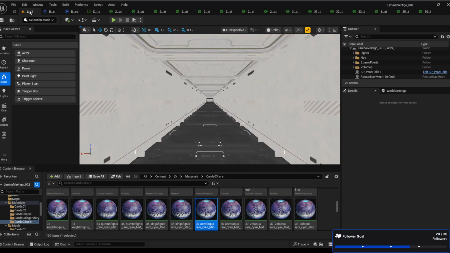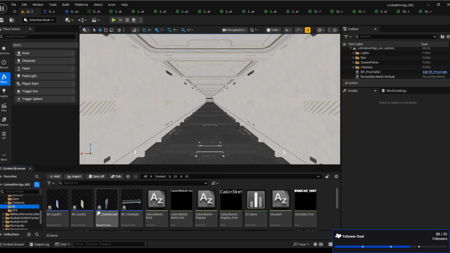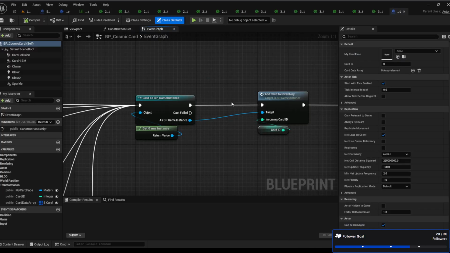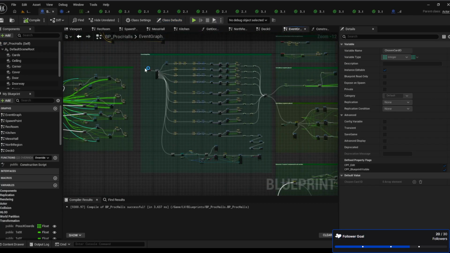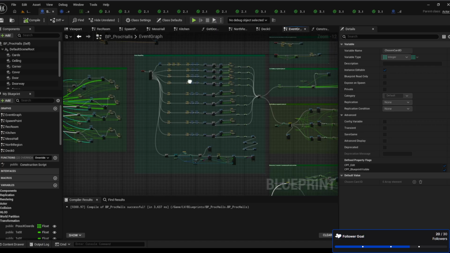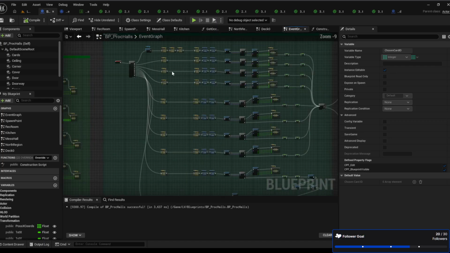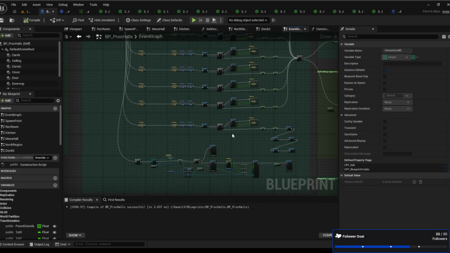Okay, let me see. I forgot to put these up. So there is an actual order of things. Right here, this is proc halls. This is the procedural generation of the halls and rooms. And you can see each of these lines is for each floor. So floor 1, deck 2, deck 3, deck 4, deck 5, deck 6, deck 7, deck 8, and then deck